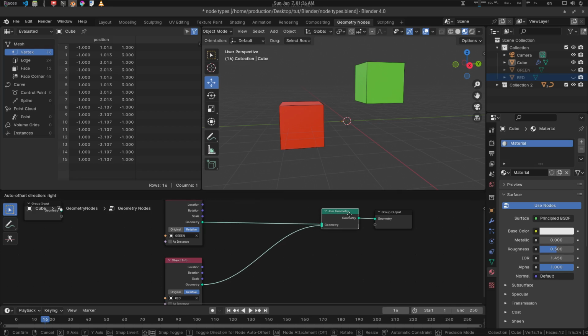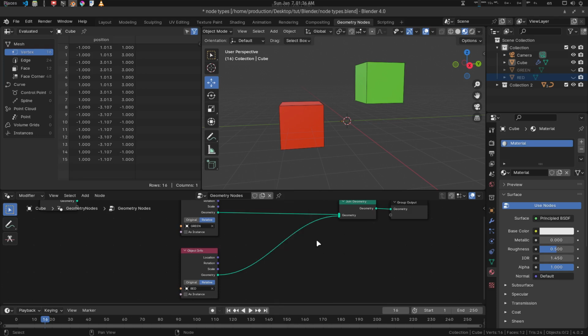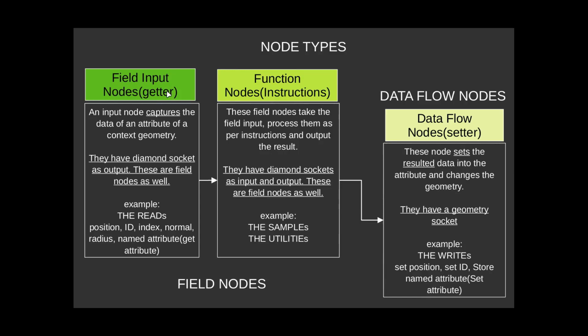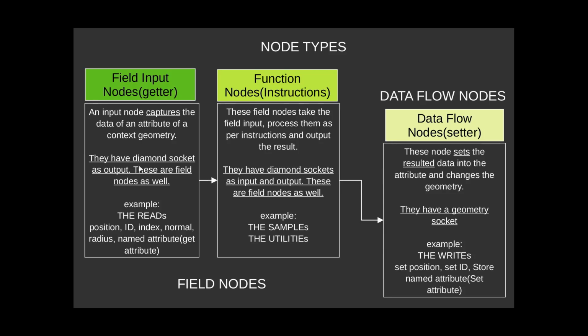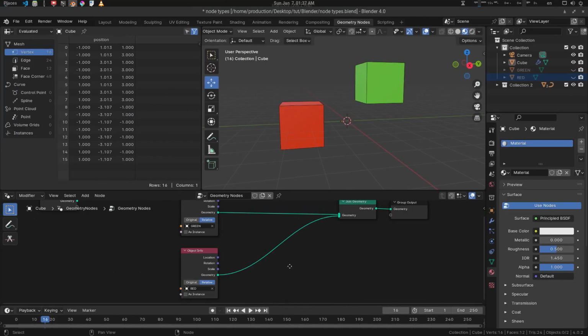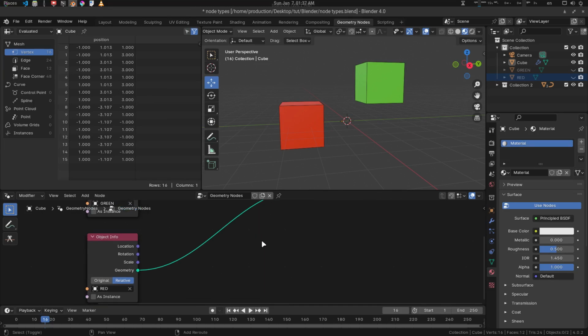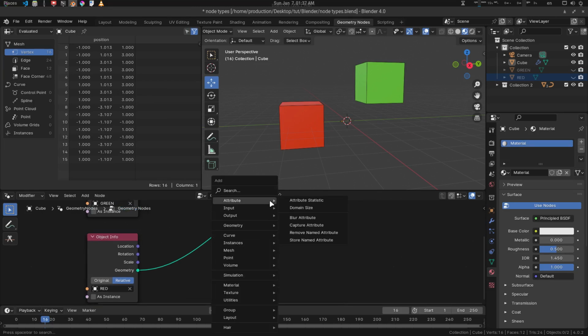If we simply put our input field. Okay, let's talk about the input field, these things first. The input field will have a diamond socket as output. These are field nodes as well. So for example, the reads, position, ID, etc. So yeah, you can identify these input field nodes with a diamond socket, and these are basically